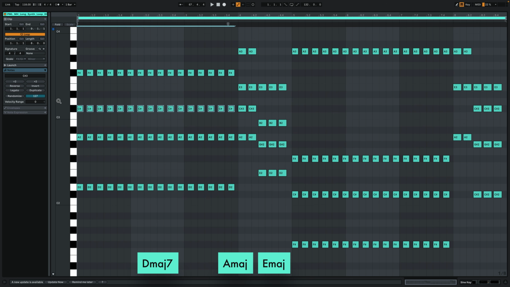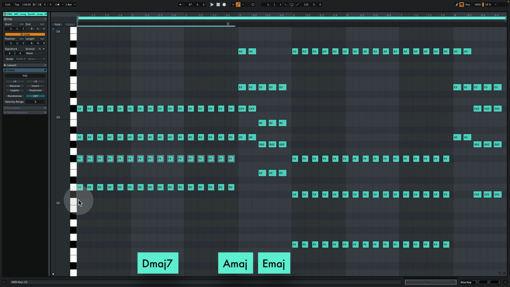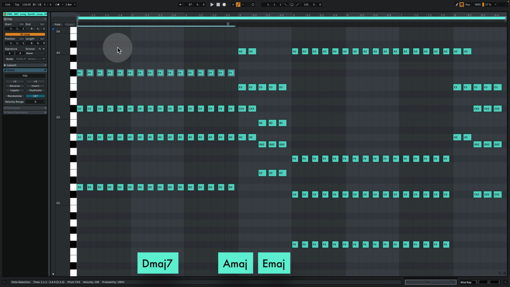If I'm bringing the F sharp down, you can see it's also a major chord, and then we have a 7th sitting on top. Typical 7th chord vibes, but this one is voiced up. So D major 7, A major, E major, and then we are going into F sharp minor,